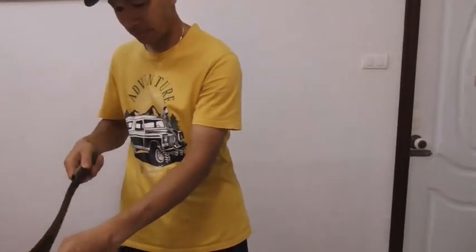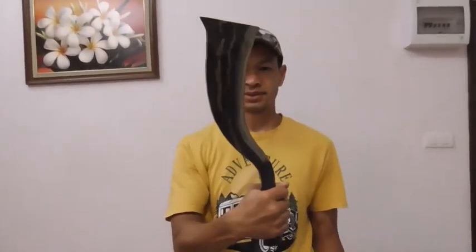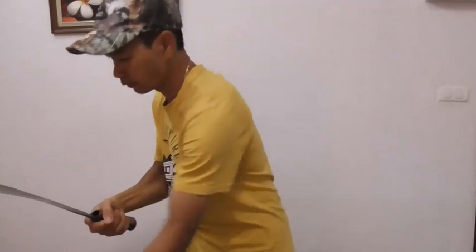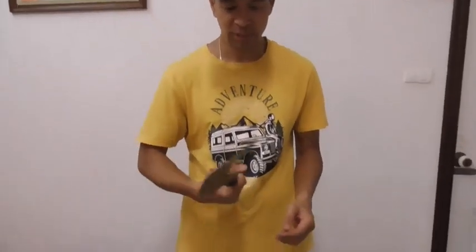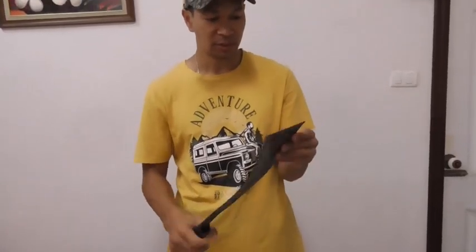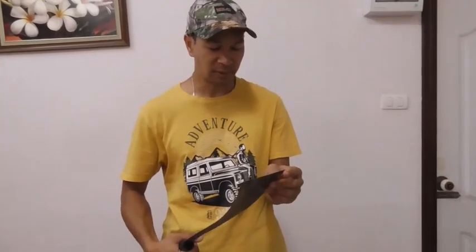A very, very primitive tool. It's got that curve so that it catches on to the trunks, and it's quite heavy and quite meaty, and then you can also use that just to do quite a few things. Yeah, imagine, oh, you know,